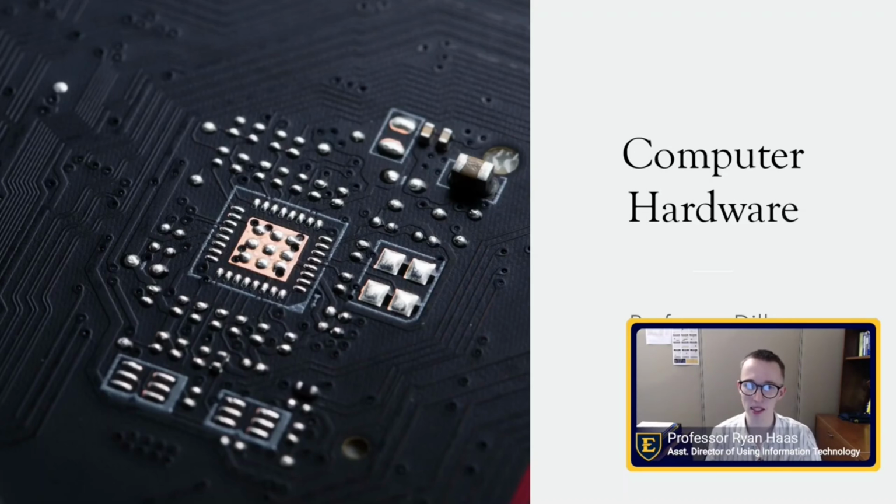I'm going to start this lesson by talking about computer hardware. So first I want you to think, what comes to mind when you think of a computer? Many of you may think of a desktop, such as a Windows machine where you have some monitors plugged in beside it, and then you have your peripherals like a keyboard and mouse plugged into it. Or you may even think of what we call an all-in-one computer, like an iMac that has the computer built into the same case as the display.